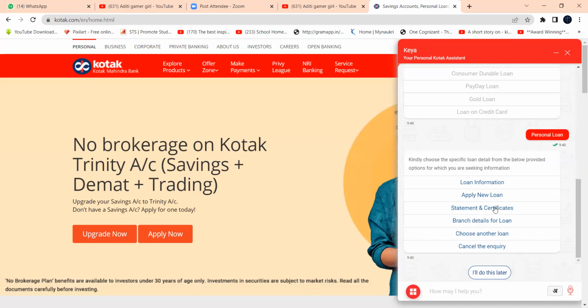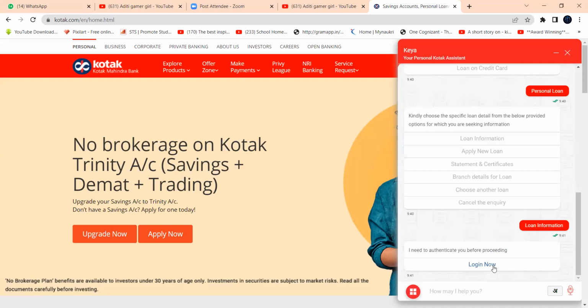Same thing with statements if you want. If you have an existing loan, then only you can have a statement, so that you should know it, right? This is a completely new application for you. If you don't know when loan information will come, you should check the requirement. If I click on loan information, it will ask you to log in. If you go back again,